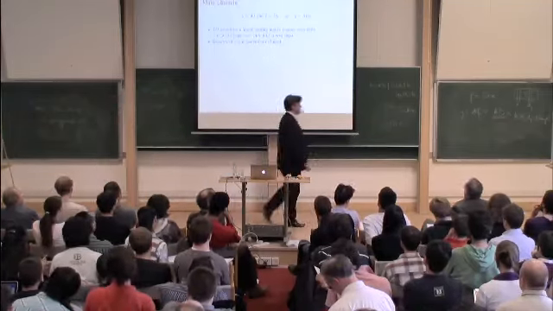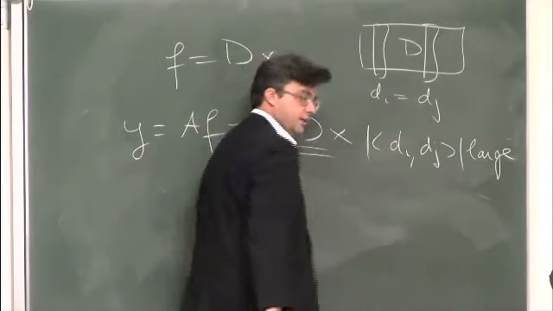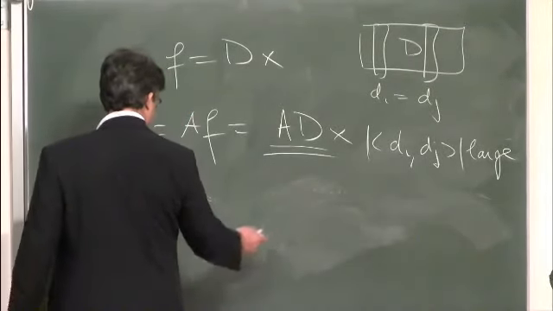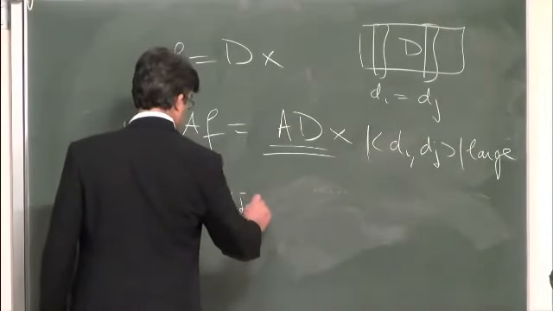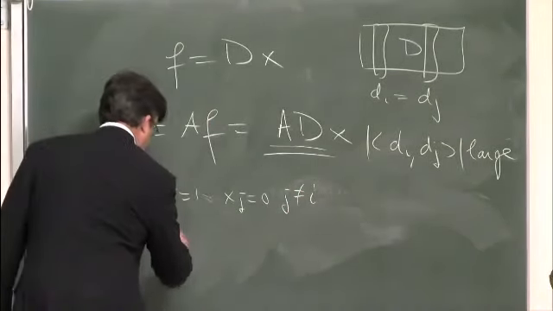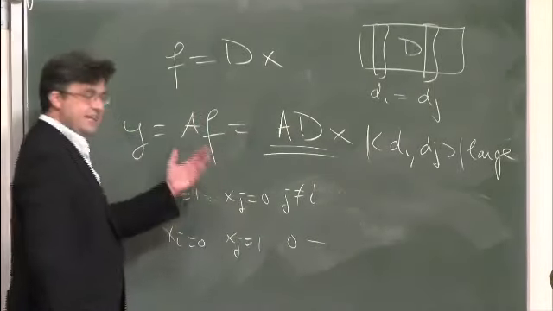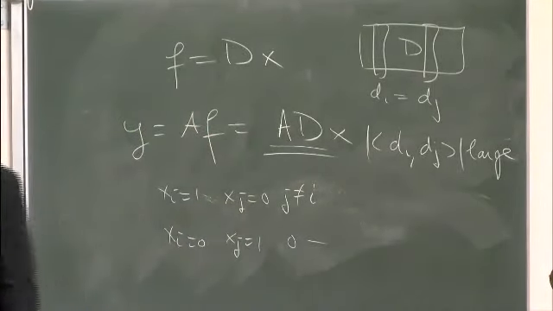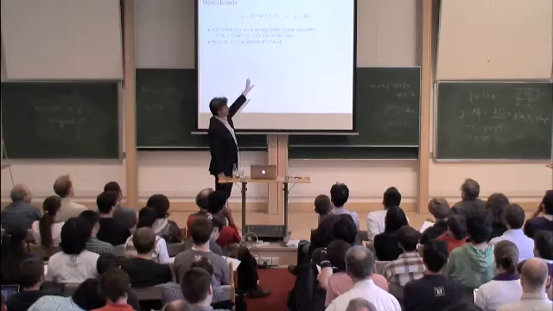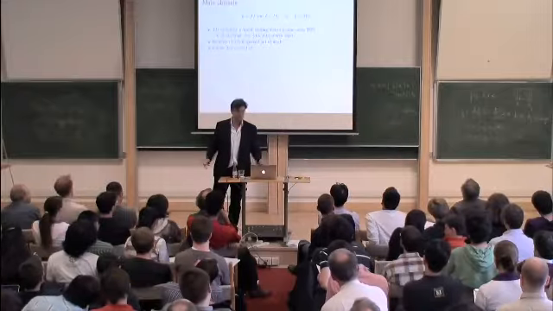The big obstacle is, let's say that this column is equal to this one, so D_i is equal to D_j. If x_i is 1 and x is 0 everywhere else, versus x_i is 0, x_j is 1, and 0 everywhere else, Dx is the same because I'm sending you the same column, so you cannot distinguish them. But that's not what I'm asking you. What I'm asking you is, can you recover f? I don't care about x. So we cannot recover x in general, but we do not need x.